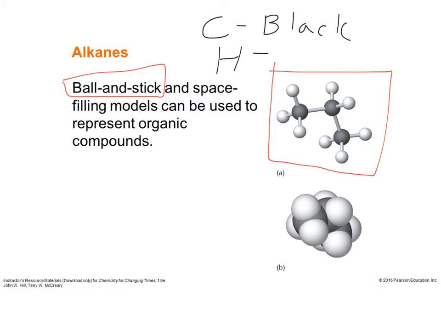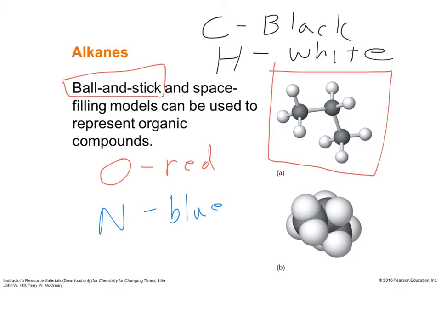By convention, hydrogen is white. Also, generally, based on convention, oxygen is usually red, and nitrogen is usually a light blue. But you'll see both oxygen and nitrogen colors vary. I mean, there's no IUPAC rule for the color of atoms in ball and stick models, but that's generally what